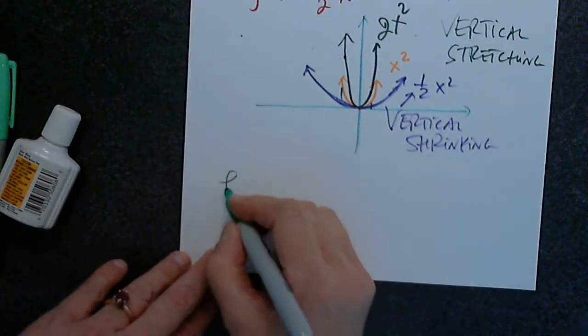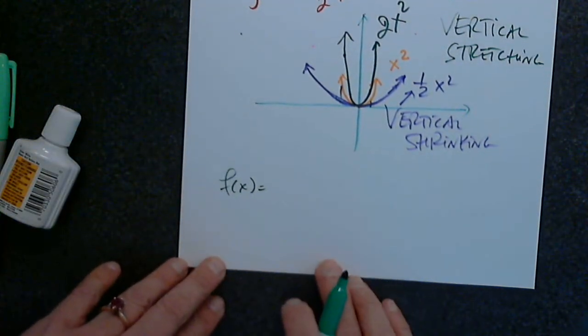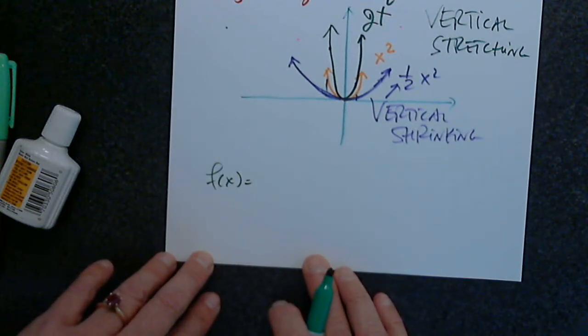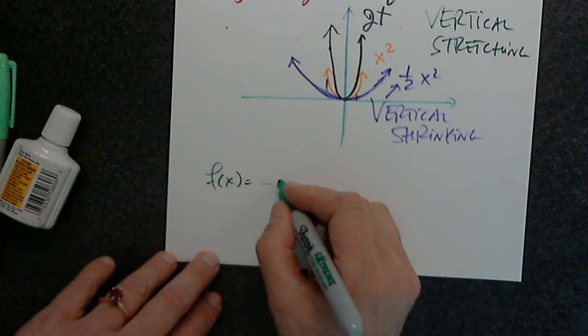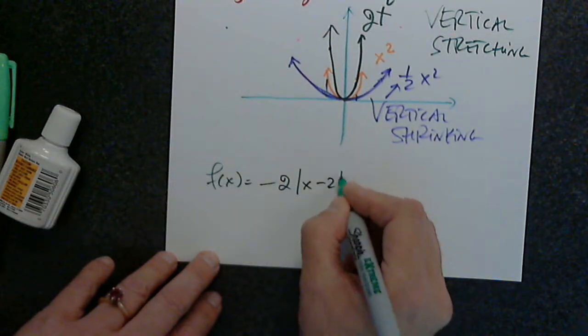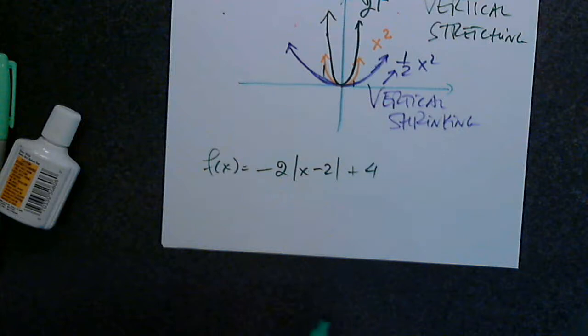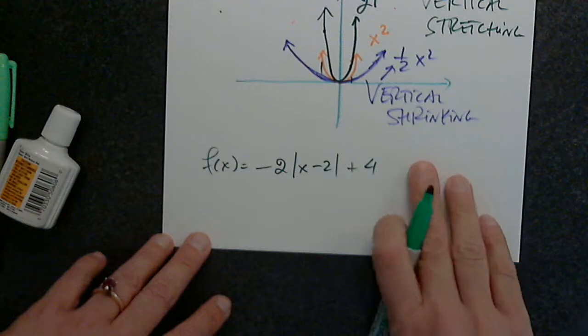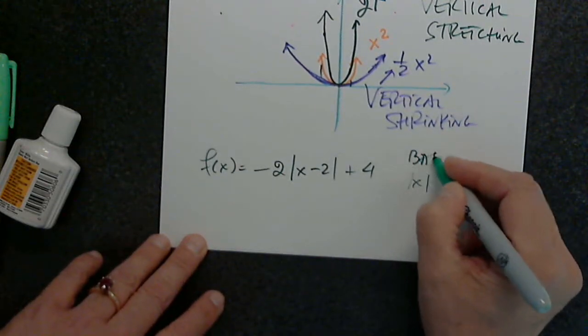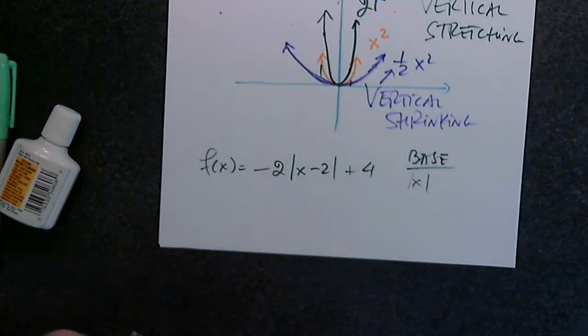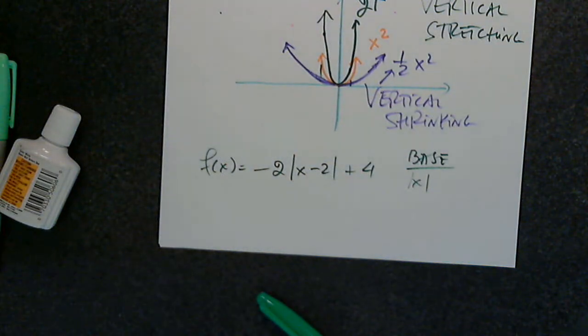Ready? So let's say f of x equals -2 times the absolute value of x minus 2, plus 4. Which base function did I use now? I meant to write base. Sorry about that. Okay, so let's picture the graph before we even graph it. We don't even need to graph this one if you're okay with that. So I have the absolute value of x. Where do I go? To your right 2. Then I have to stretch it